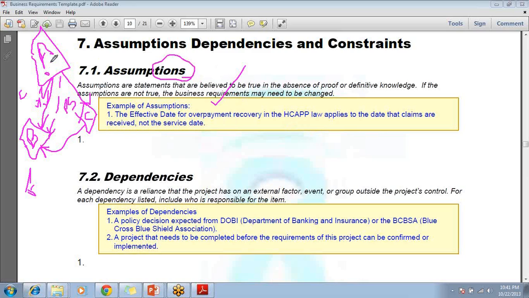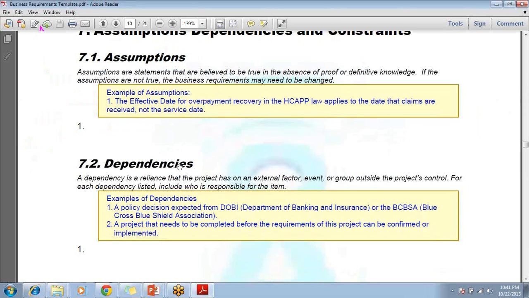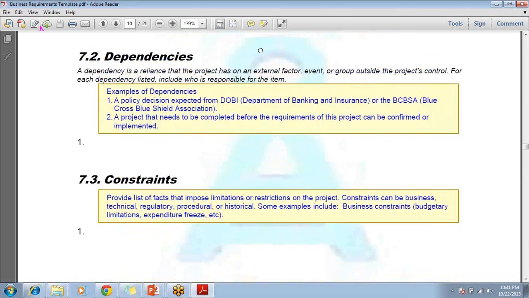Let's assume A is doing some work over here and because of that, then what happened? That is a constraint. So accordingly you will write that, as a result of A's enhancement, if any data element is changed in this XYZ feed, it would be a constraint. Then you write that under the constraint. So that is exactly how you make a notation to write assumption, dependency, and the constraint.